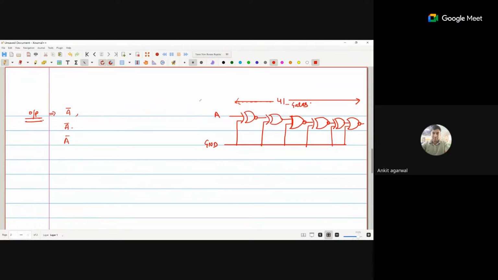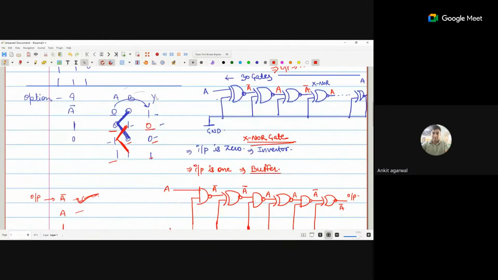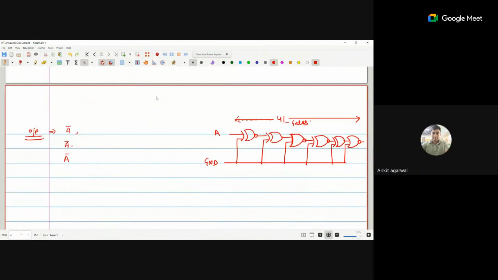Okay, so let's check. If we apply the A and this is the XNOR gate, so what does the XNOR gate say? If any of the input is 0, that behaves as an inverter. So we are getting A bar here. Okay, second one is the XOR gate. What the XOR gate says, if any of the input is 0, then behave as a buffer. So XNOR gate behaves as an inverter, XOR gate behaves as a buffer,